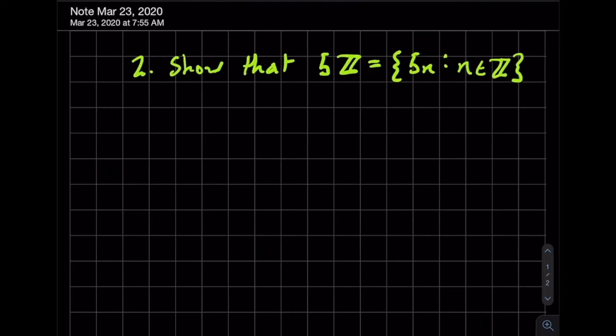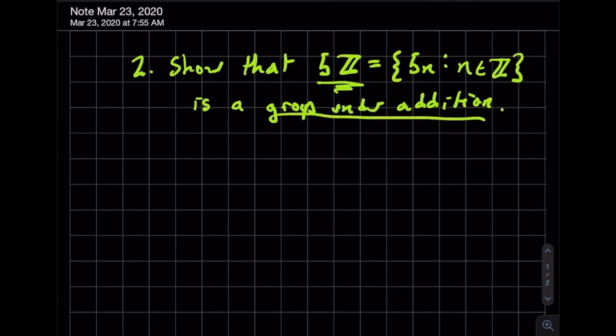So show that this thing here is a group under addition. Okay, so a group under addition. Now, anytime we have a group, if you go to the definition up at the top of this chapter,